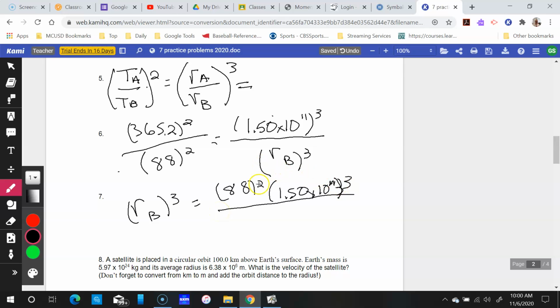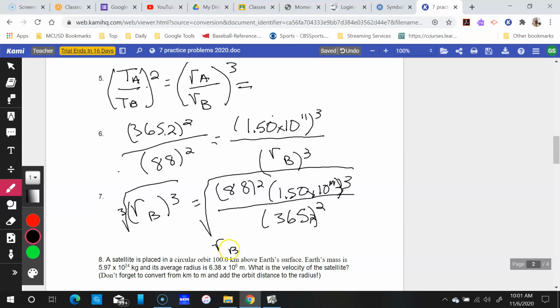And then that would be all over your 365.2 squared. And remember, you're going to have to take the cube root of each side to ultimately isolate for